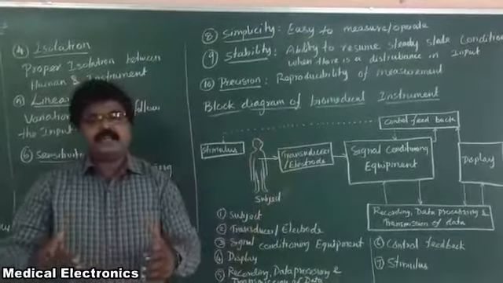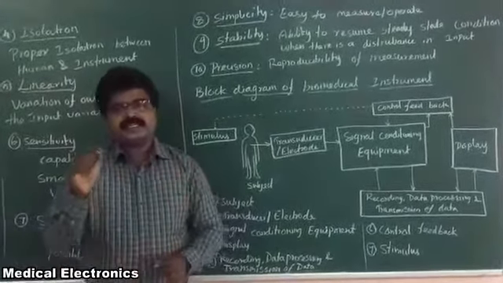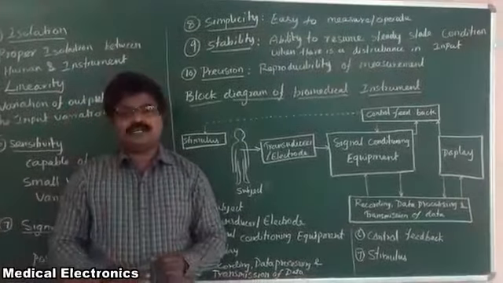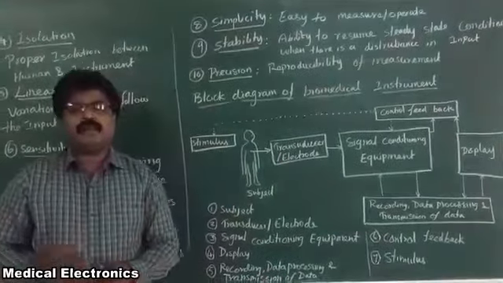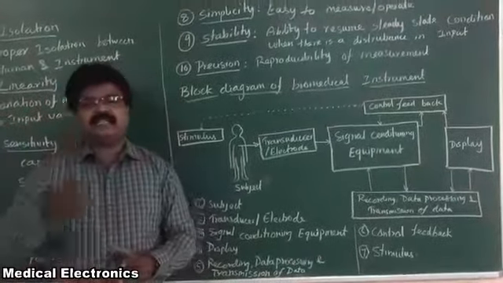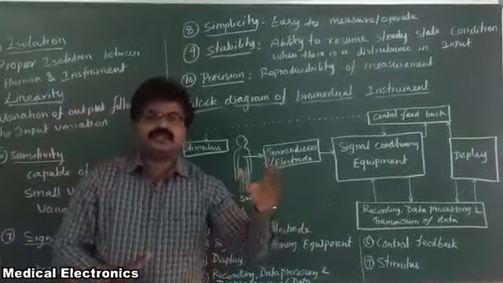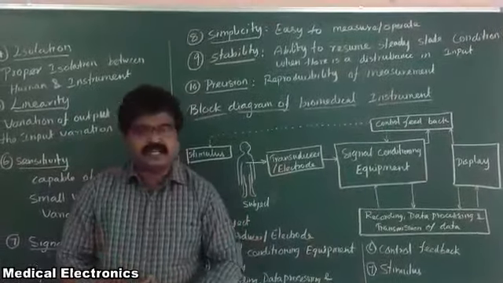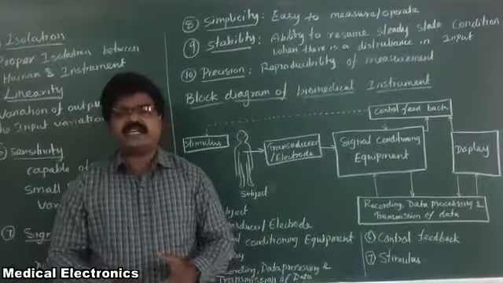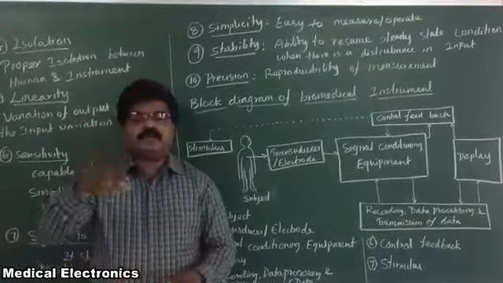The physiological variables that are produced in our body are of two types. One is electrical in nature, the second is non-electrical in nature. For example, the signal from our heart and the signal from our brain are electrical in nature. To measure the electrical quantity, we use electrodes. There are various types of electrodes: microelectrodes, depth and needle electrodes, and surface electrodes. These electrodes are used to pick up the electrical signal produced from our body.